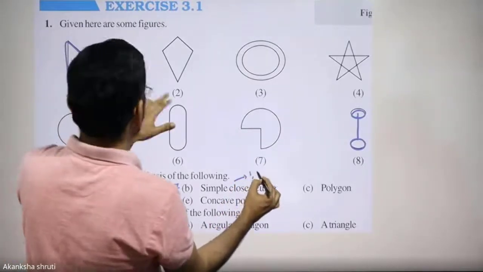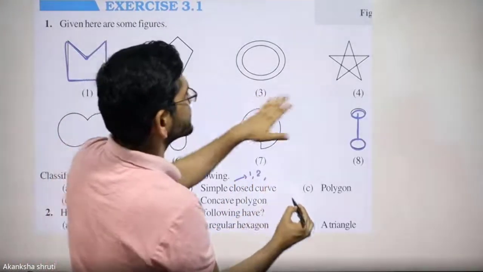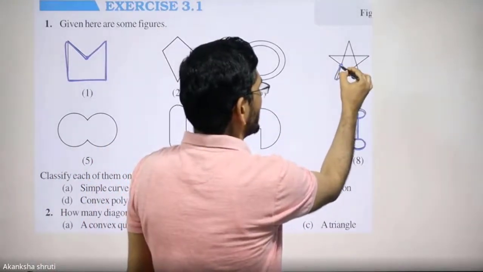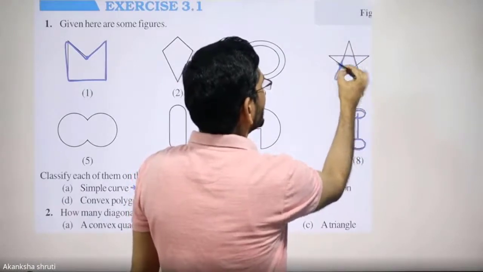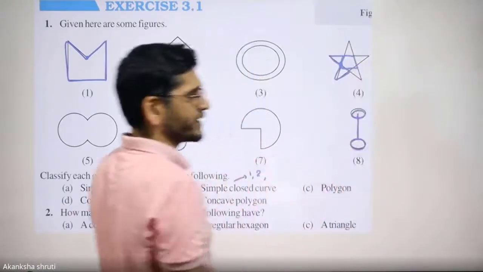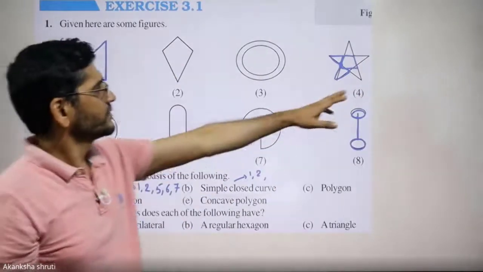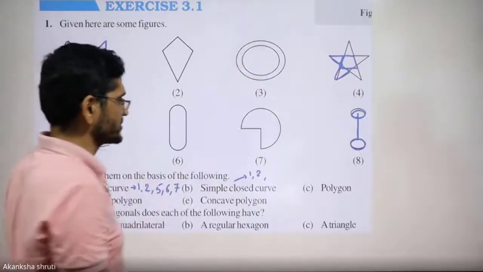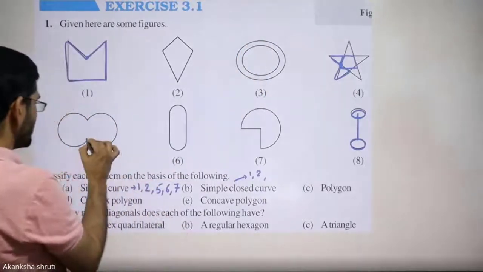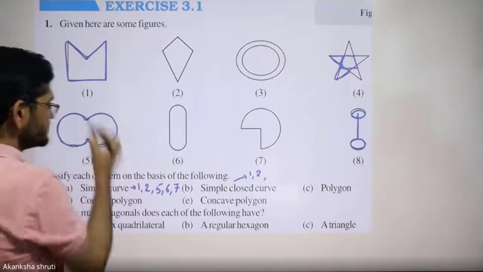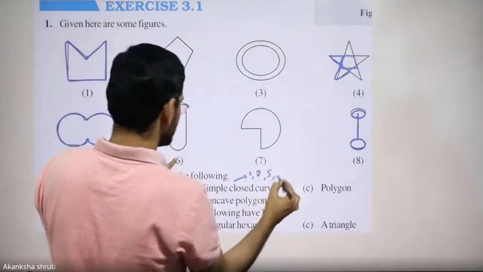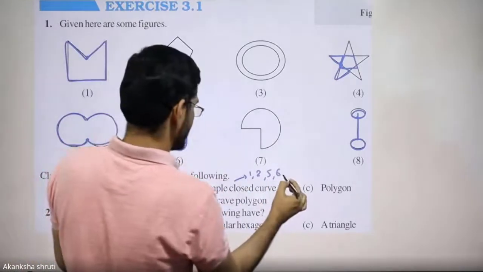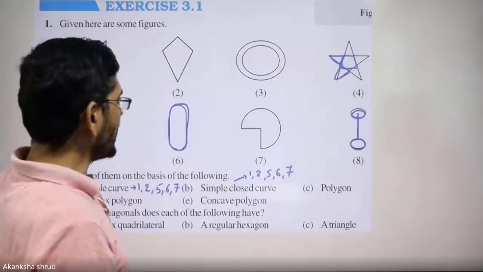So 1, 2 are simple, 3 is not, 4 is not possible. Why? If you start from one point, you will get one of these areas, another this area, another this area. Likewise, you can get many areas. So that's why 4 is not a simple curve. 3 also bounds two kinds of area, so it is also not simple. Coming to 5, only one closed path. So it is the 5th one. The 6th one is also the same, it doesn't matter, but it needs to be closed. And the 7th. Coming to the polygon.